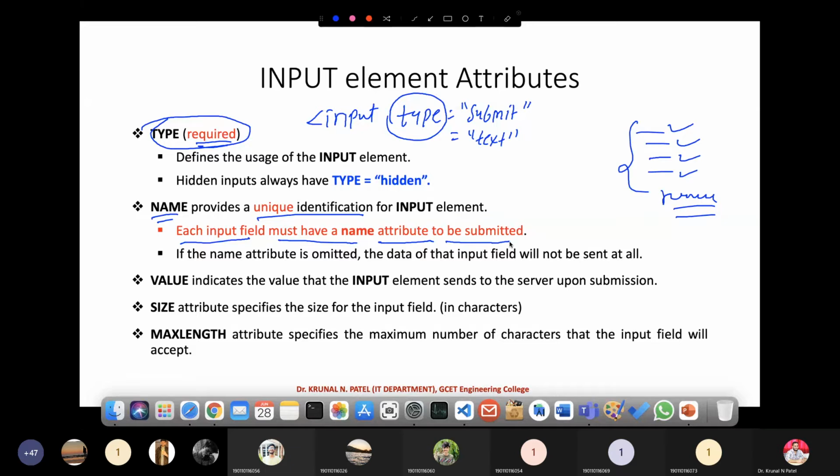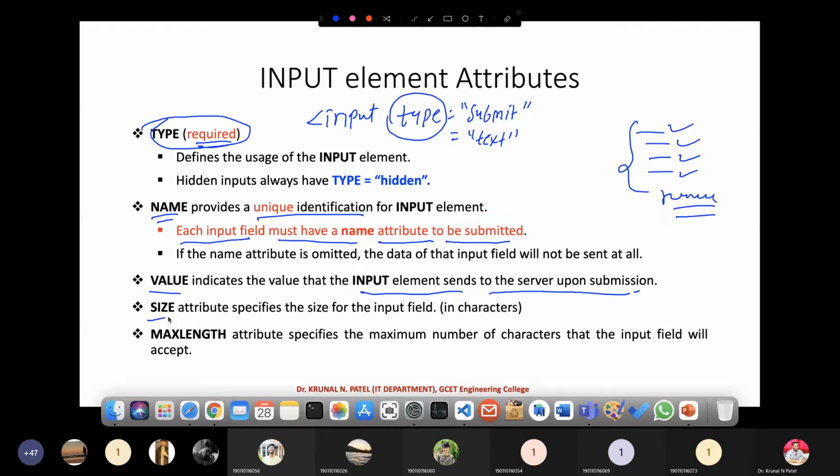Are we clear? The second thing is value. The value indicates the value that the input element sends to the server upon submission. The next attribute is the size attribute. How many characters do you want?